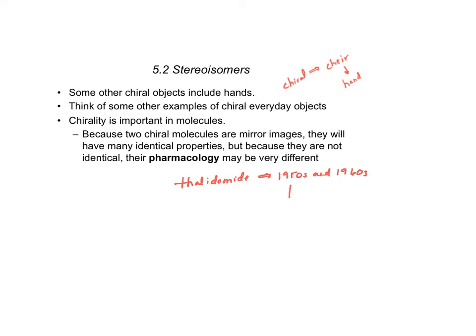In the original design, the thing that helped with morning sickness was one version of the molecule, just denote it here. This molecule did possess the property of chirality though, so it did have a non-superimposable